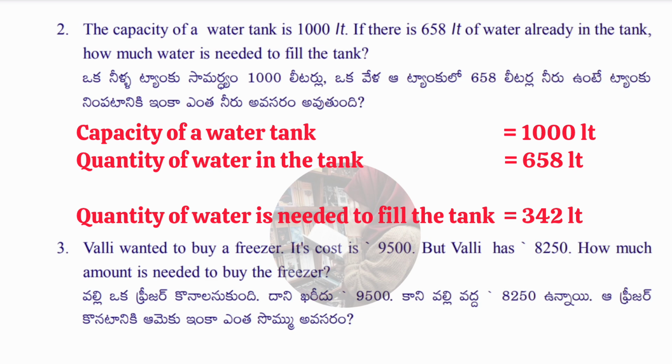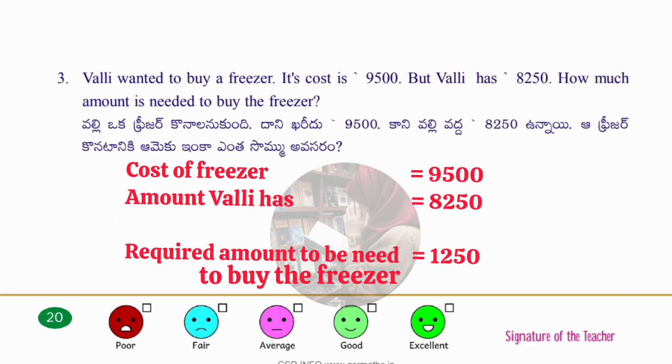Let's see the third question, which is Valli wanted to buy a freezer. Its cost is 9500, but Valli has 8250. How much amount is needed to buy the freezer? Means the cost of freezer is 9500 and he has is 8250. If you do the minus, means subtraction, you will get how much amount needed to buy that freezer. Okay, in this way you have to find out the answers. So the needed money is 1250. Okay, so now we'll move to the next problem, which is